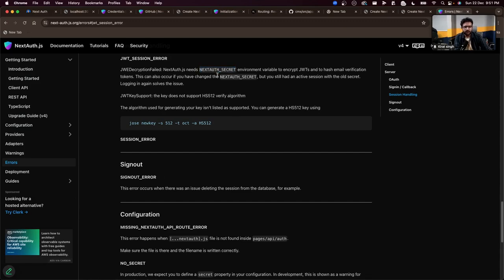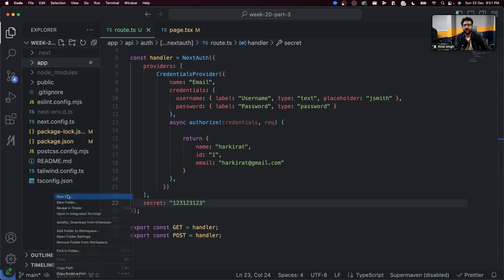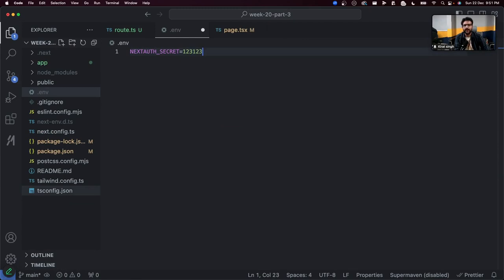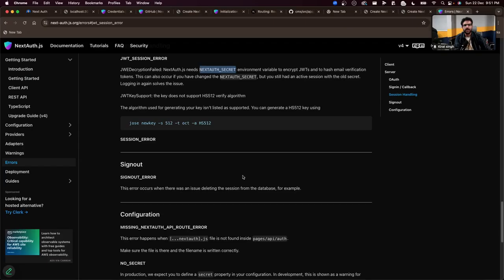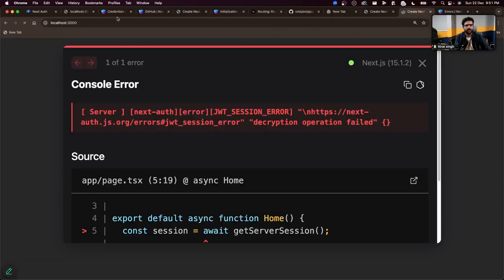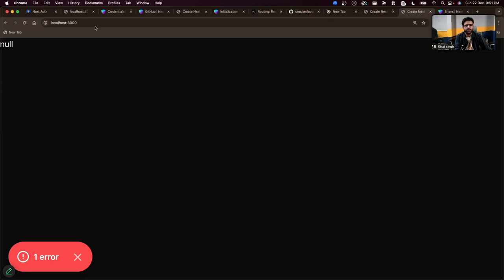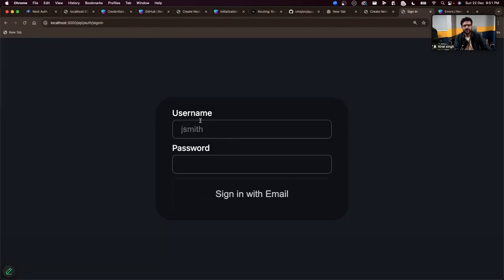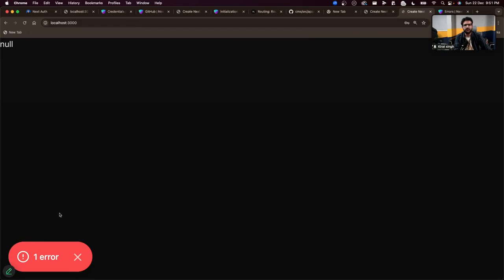One more thing you have to do is add a NEXTAUTH_SECRET as a global variable or an environment variable, sorry. So create a top level .env file and add a random NextAuth secret over here in the top level .env file. And now for the third time, if I go to localhost:3000/API/auth/signin and try to sign in over here,